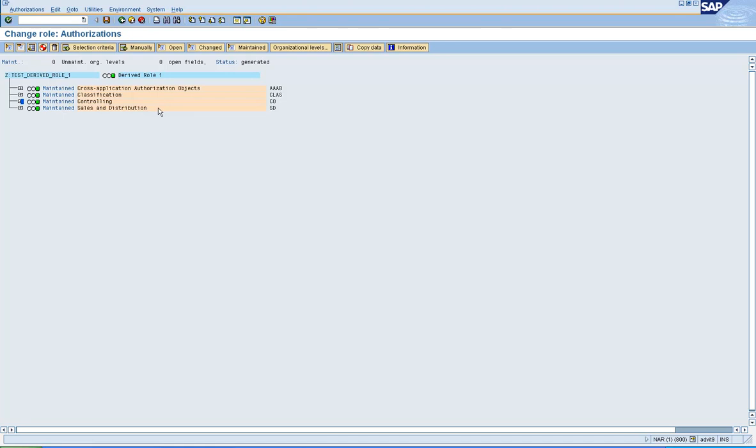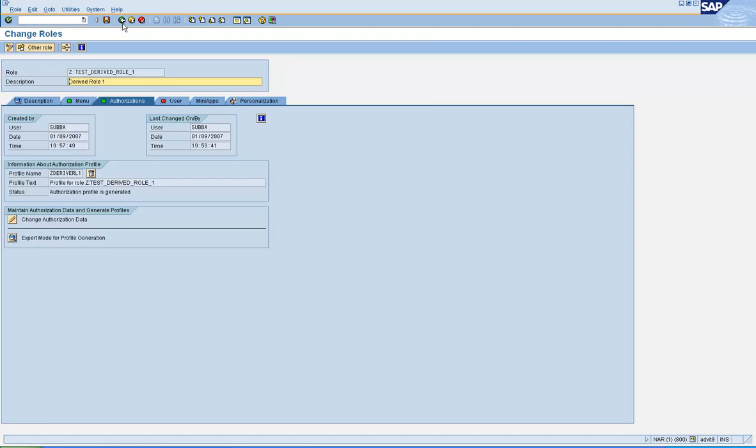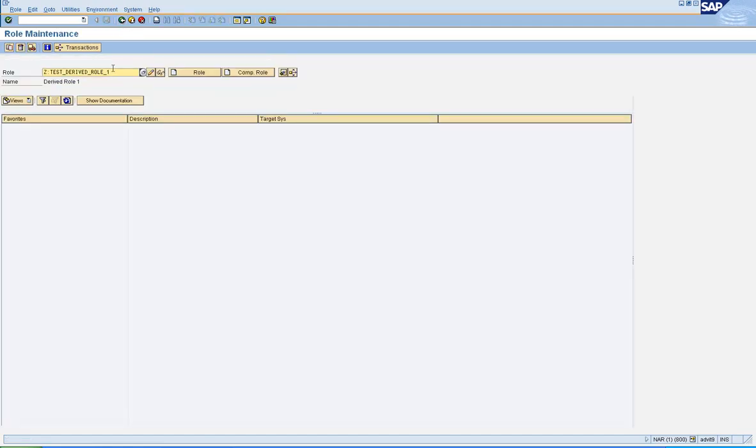So let us go through testing scenarios, but before doing that, let us create another child role. So let's go back, clicking on the back arrow icon, let us go back to the PFCG screen and let's create another derived role.